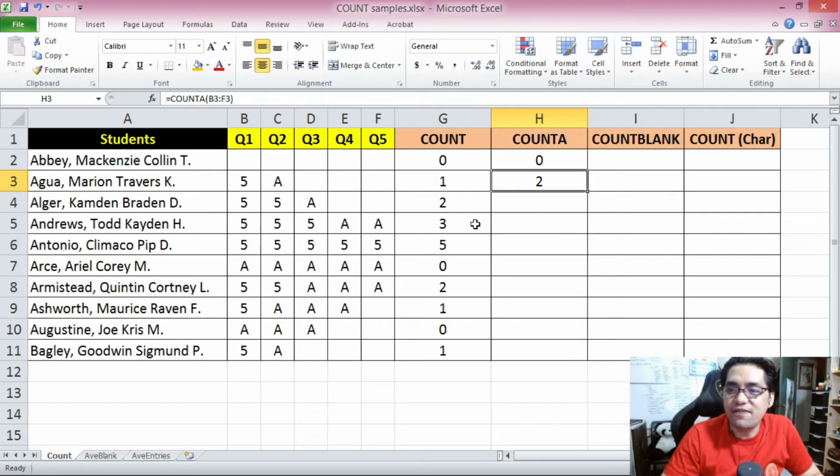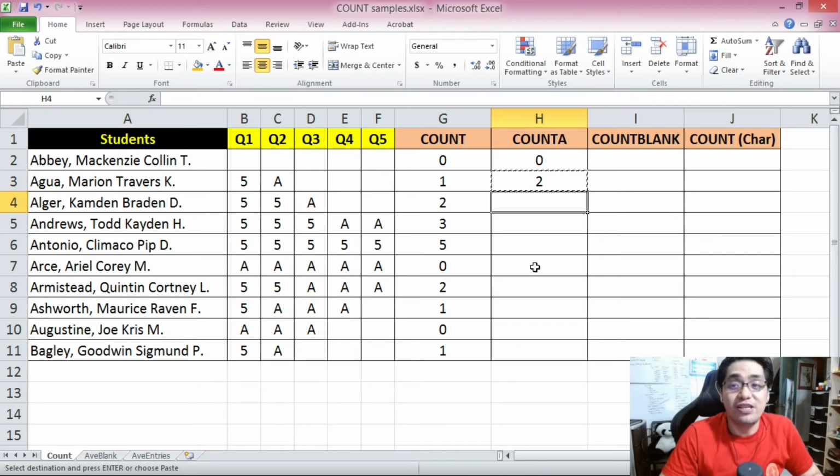So let's continue this for the rest of the cells. In this case, once again, we are expecting a value of 3 here if we use the COUNTA function, because you have 3 cells that are not empty and 2 cells that are empty. We're expecting 3, we're expecting 5, 5, 5, 5 over here, and then we're expecting 4, 3, and then 2 over here. So let's copy this formula and paste it to these rows. Once again, the references will adjust anyway once we copy and paste the COUNTA function.